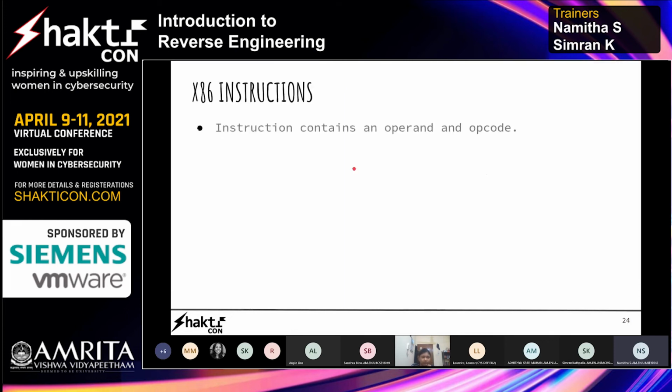So an instruction of an x86 program contains two parts, that is the opcode and the operand. An opcode tells the processor what is to be done. That is, it's basically like if you're adding something, then the plus sign will be some opcode. Here, the add operation will be the opcode. That is what instruction you are doing.